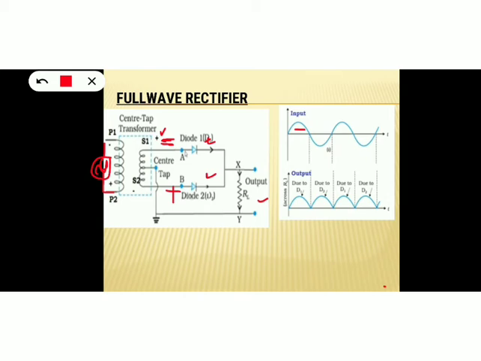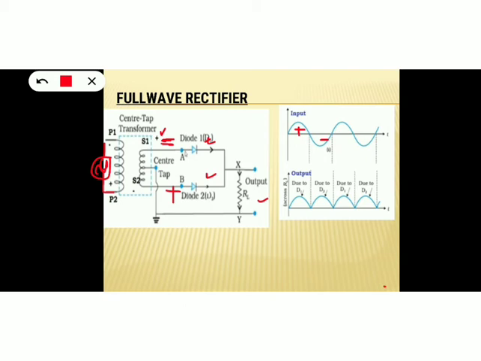So now in the negative half cycle, D1 is reverse biased and does not conduct current. At the same time, D2 is forward biased and conducts current. Okay, so again there will be an output during the negative half cycle of AC, and that output is produced by the diode D2.